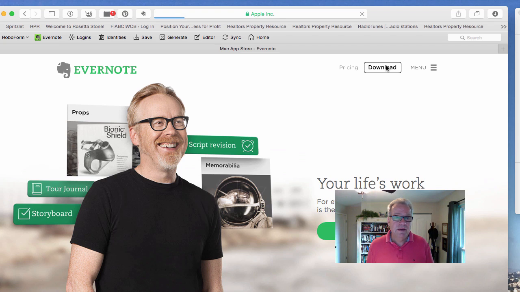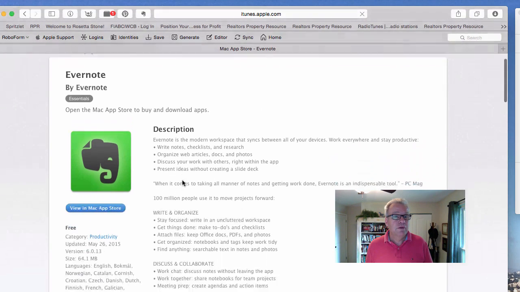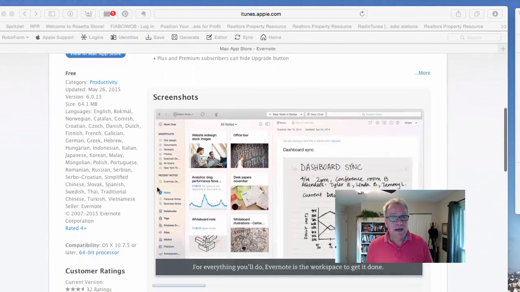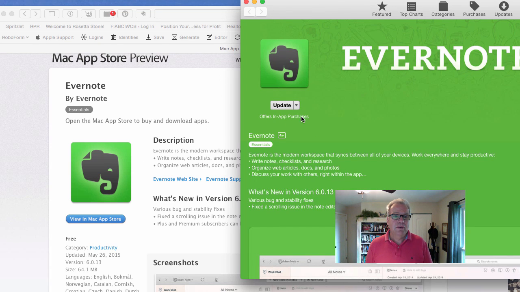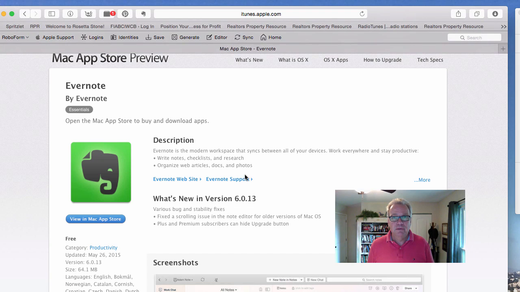And if you click the download button, it will ask you right here if you want to download the application. I'm on a MacBook, so naturally it's pulling up the App Store, and I can download the app right here. There's no charge for Evernote. It's free. If you're on Windows, you'll have a link that you can download and install Evernote on your desktop